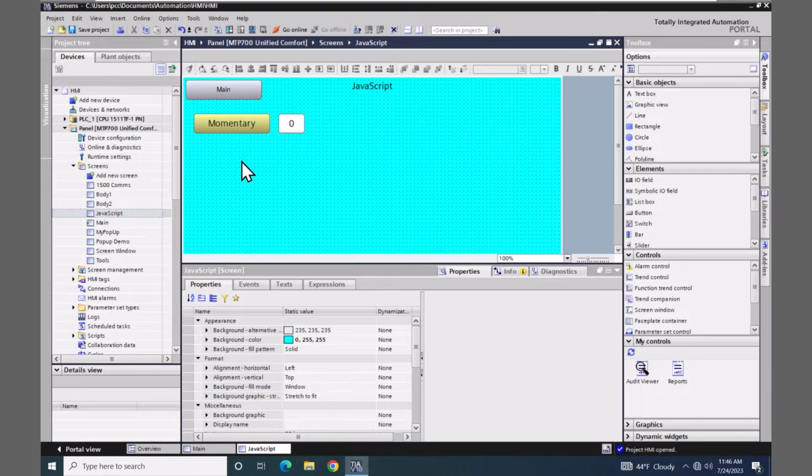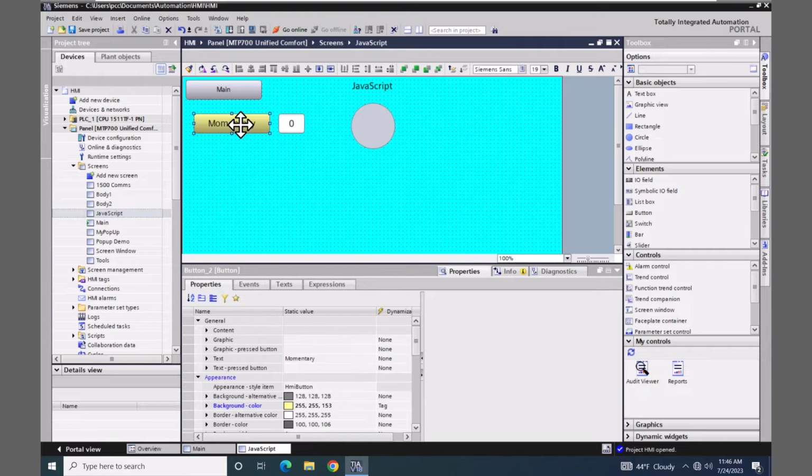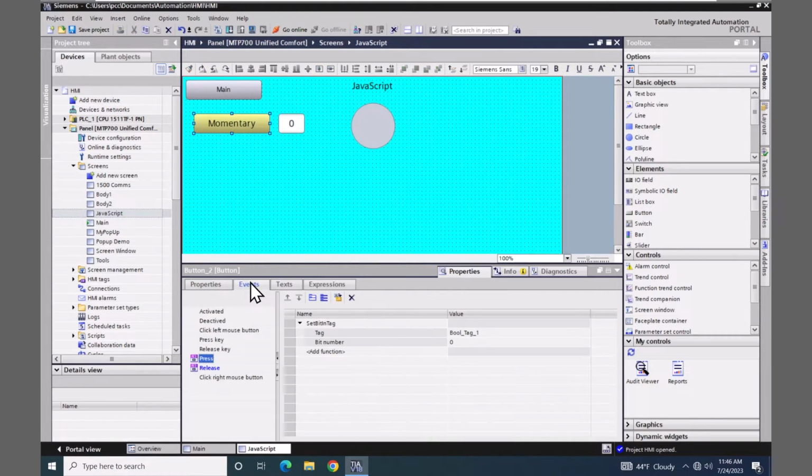On this screen, I do have a momentary push button and an IO field that's displaying the status of a tag value that is changed via the push button. What we are going to do is we are going to take a circle object and put that on the screen. And we are going to use the momentary push button and some JavaScript to change the background color property of the circle. So I'm going to select the momentary push button and go to the Events tab and select the